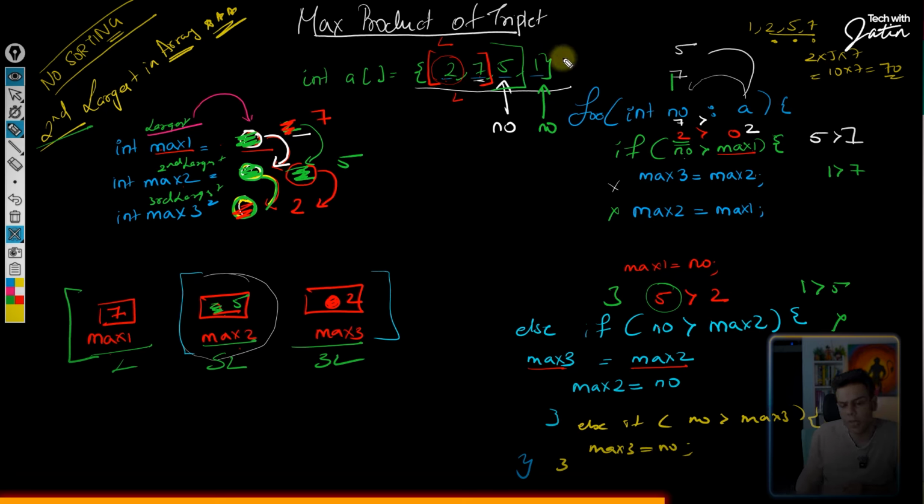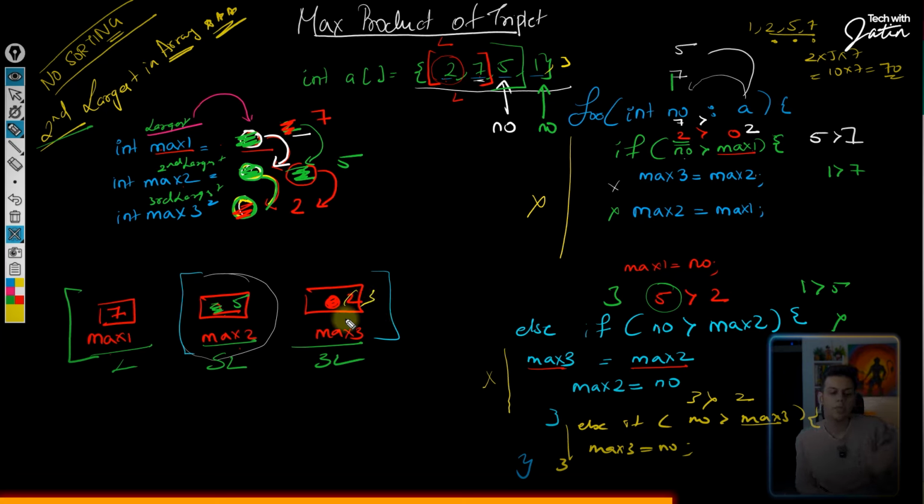So let's say if there was another number called 3. Okay, there is another number 3 coming into picture. So this particular block will not be executed. This particular block will not be executed. But for this one, 3 greater than max 3. What is there inside max 3? 2. So we just have to update max 3, right? Max 3 is going to become 3. All right. So in this way, your largest, second largest and third largest numbers, they technically enter into the correct